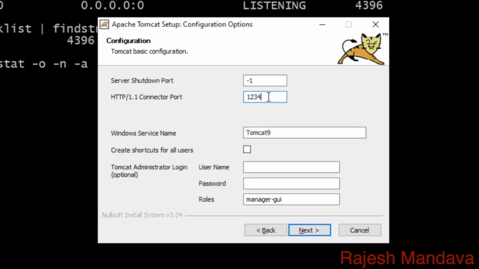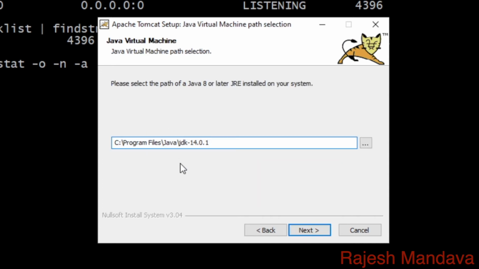So I am specifying 1234, and the service name is Tomcat 9. Let it be like that, and I'll give some username and password. It's our wish. I give admin and say next. By default it is picking some JRE. Otherwise you can also specify your own location.